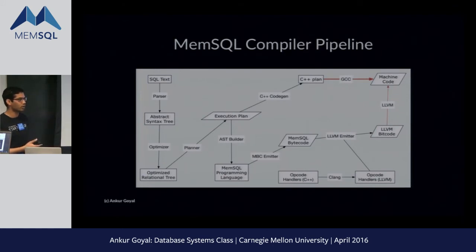So simple queries generate in less than 50 milliseconds. More complex queries can take 200 milliseconds, and outrageously complex queries can take like a second. Have you explored turning off a few passes and figuring out which ones to put? Oh yeah. Okay. So our design goal is to make code generation as fast as we can without sacrificing query